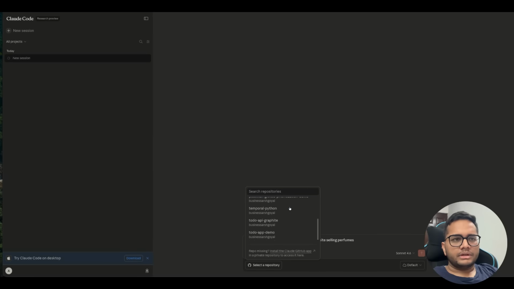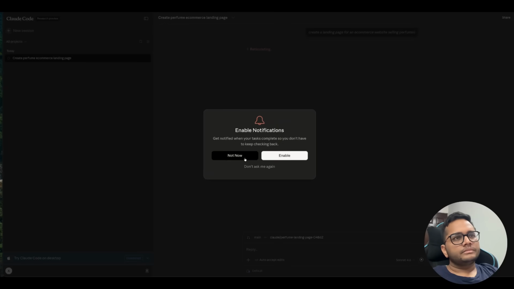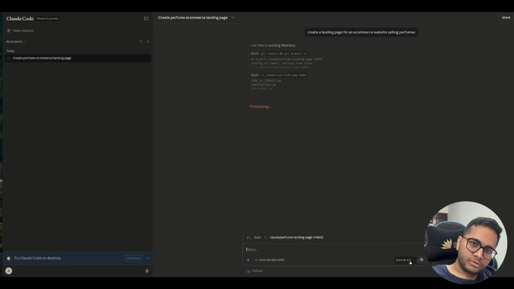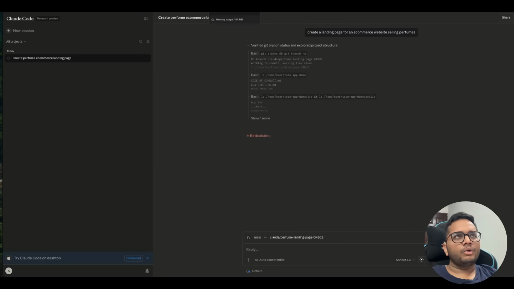So any of the repositories that I would have been working with before, I can click on any. I'll just give this prompt, and it's initializing. Parallel initialization is completed, and let's see. So now we have Qwen3-Coder-Next running on Open Router and Claude Code using any of the Claude models. So this is Sonnet 4.6. We can do 4.5 or Opus 4.6, but let's see how different it is and what all advantages do we